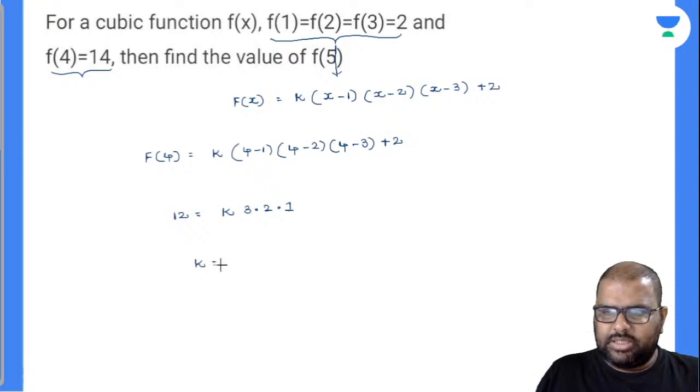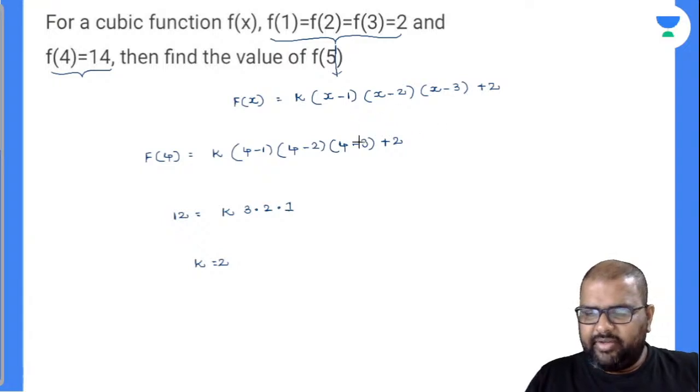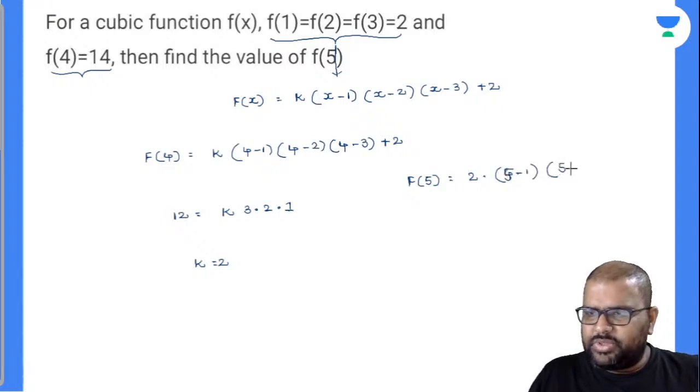What is the question asked? You are asked to find out f of 5. Alright, let's come to this f of 5. Your k value is equal to 2. In the place of x, I have to substitute 5 there. 5 minus 1, into 5 minus 2, into 5 minus 3